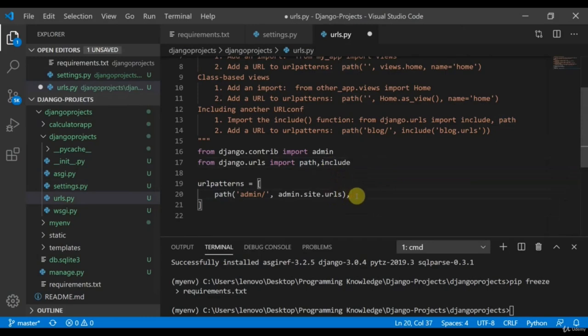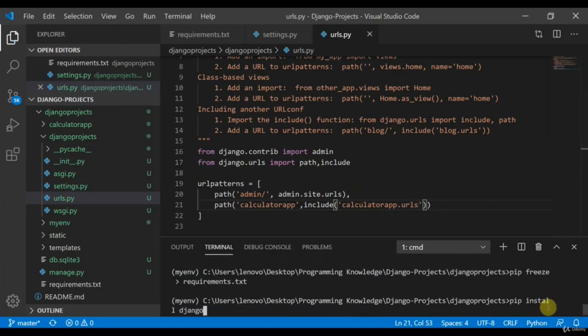And you can define a path here as calculator app, include calculator app dot urls. Okay, so I'll run my server, but